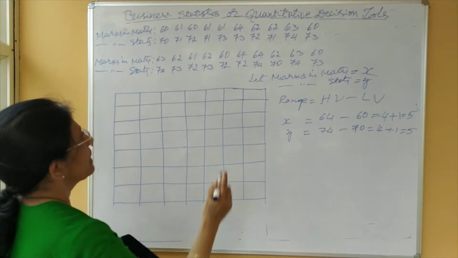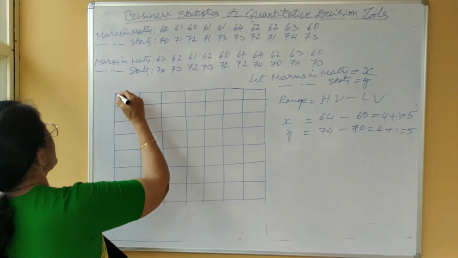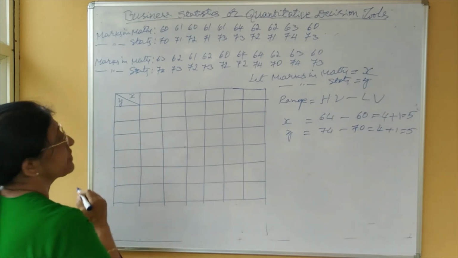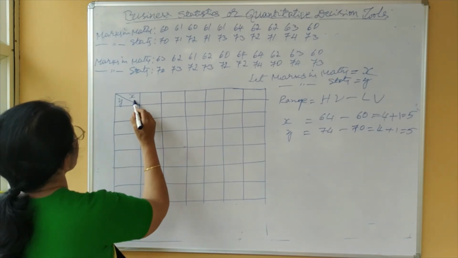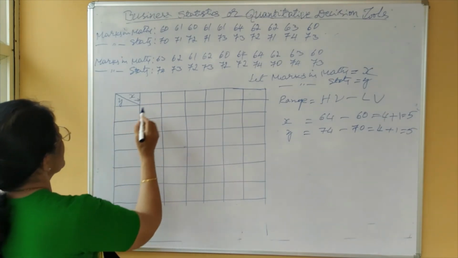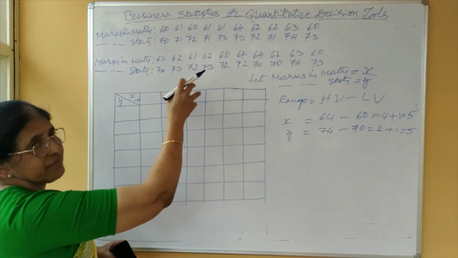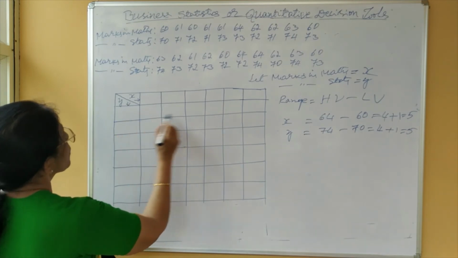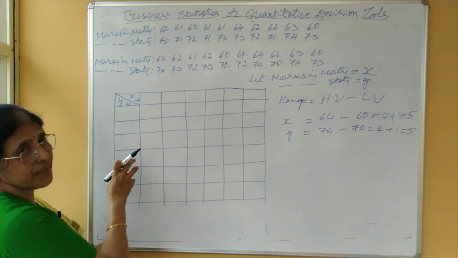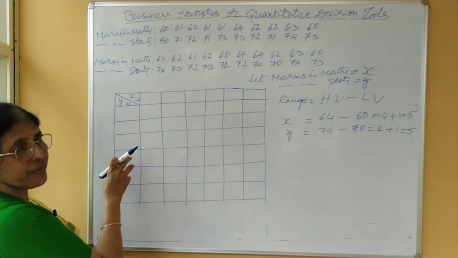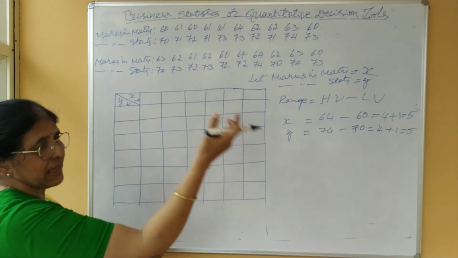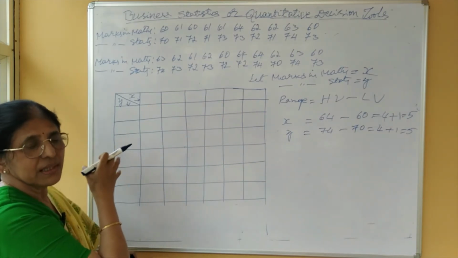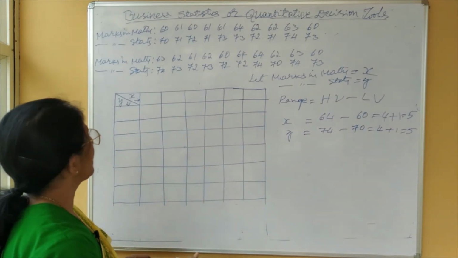Now, here there are 2 variables. Therefore, we take one as x and another one as y. Usually, we take the first variable to columns, which means we take the headings in the first row, and the second variable y to the rows, and the headings of variable y are taken in the first column. And in the tabulation, what the headings of rows and columns are called will come later.